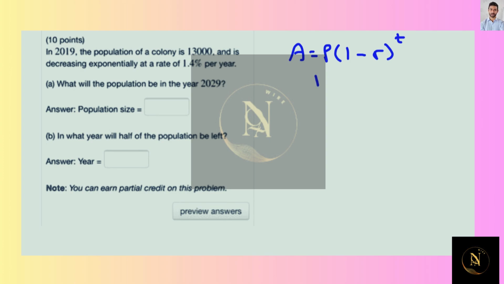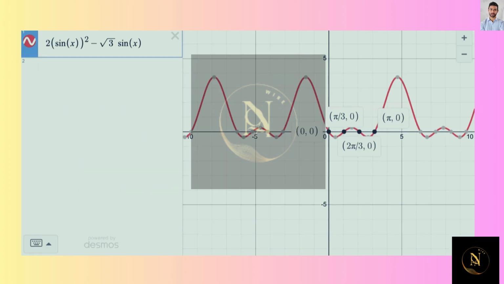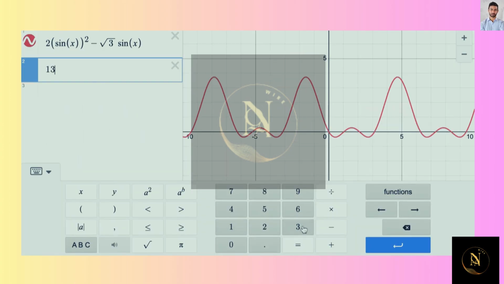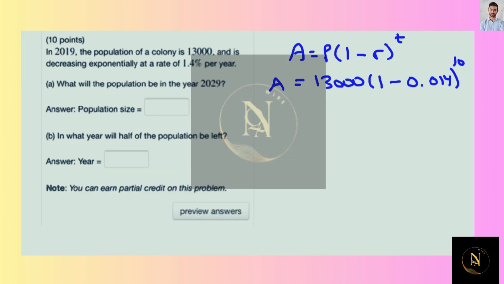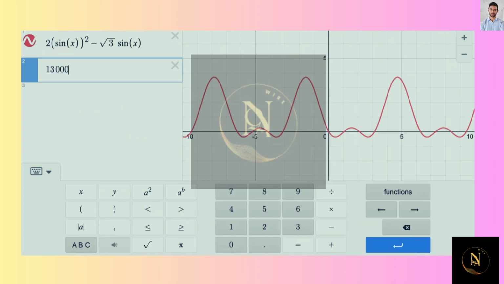So if it's 13,000 now, and it's decreasing at 1.4%, that's 0.014 as a decimal. We want to know, what will the population be in the year 2029, which is 10 years later. So we would plug in 10 for t. So that'd be 13,000 times 1 minus 0.014